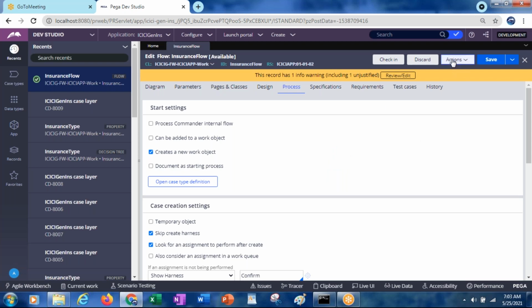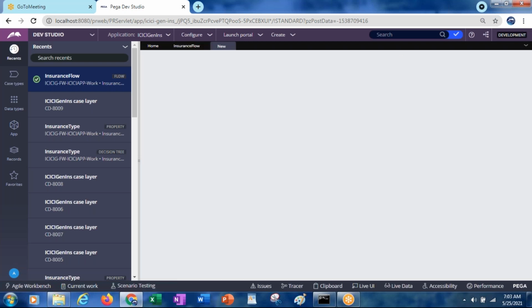Okay, now if you run the flow, the very first screen displays a drop down to select what kind of insurance you are about to create. Okay.